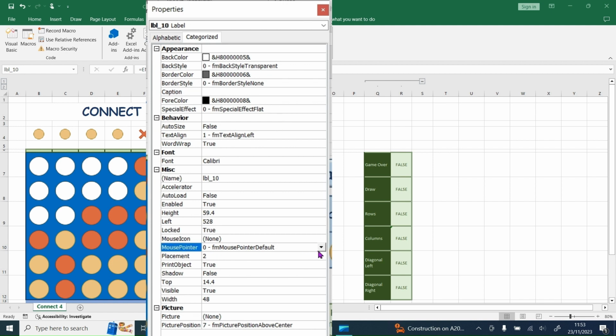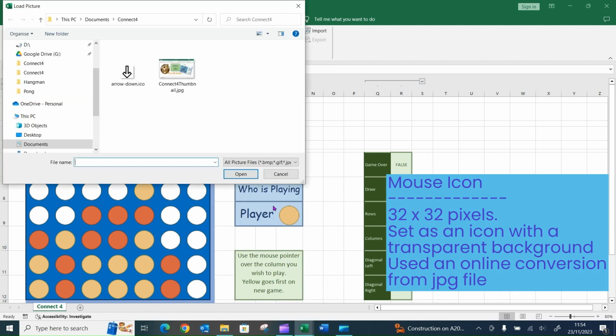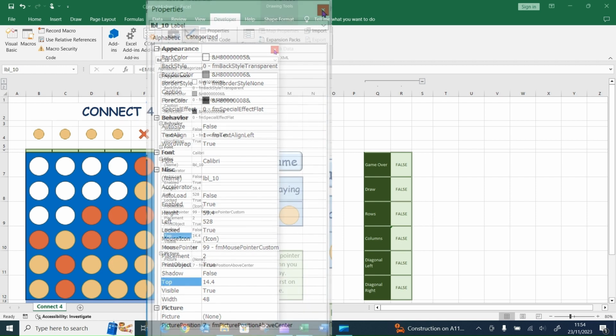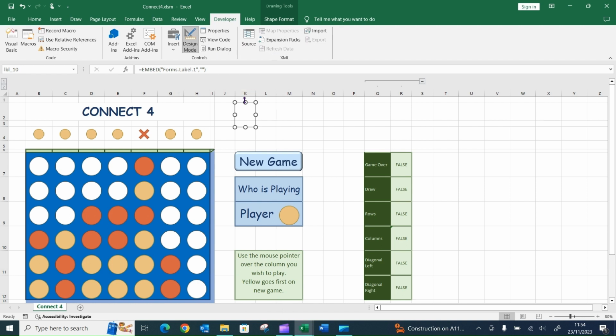Mouse pointer, we set the mouse pointer to custom. Mouse icon, we're going to use a custom icon, and I have one already prepared. Open. And the other thing to recognize about this is that we have a left position, and that's the left pixel position, and we have a top pixel position, and both of those give us the coordinates of where the activeX control is. So if I close this down,